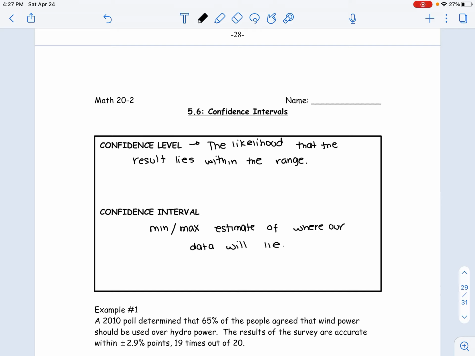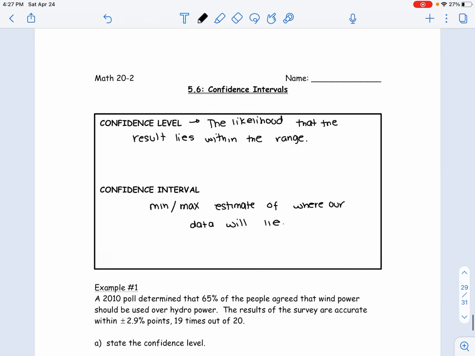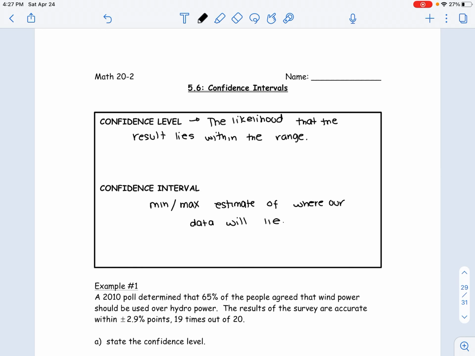And then lastly, we'll talk about the confidence interval. It's kind of like what's your minimum to maximum. So it'll be like, oh, from this many to this many people will happen or have this. So our last thing that I want to add in was margin of error. Margin of error.